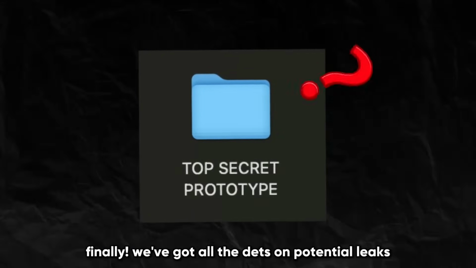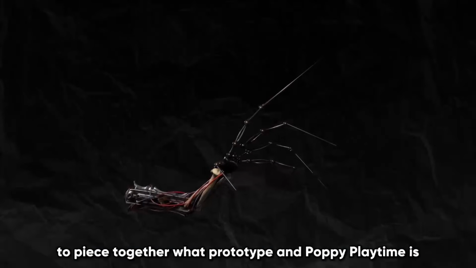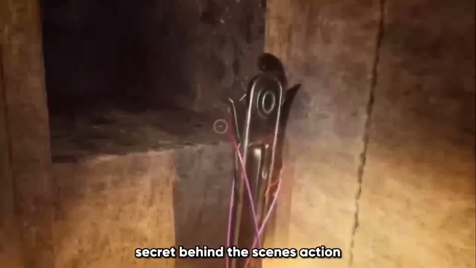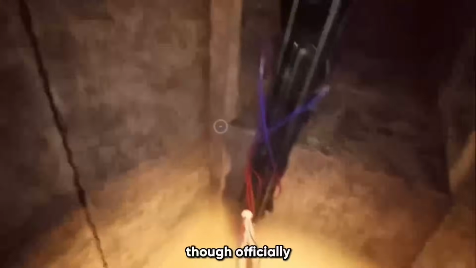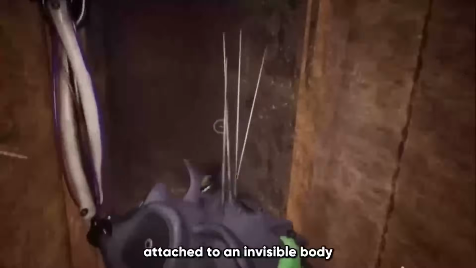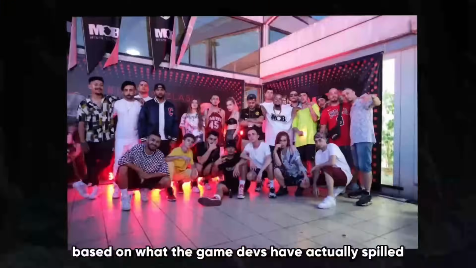Finally, we've got all the details on potential leaks to piece together what Prototype in Poppy Playtime is really supposed to look like. Starting with official messages from the game devs hinting at Prototype's secret behind-the-scenes action. Though officially, we've only seen Prototype as a claw attached to an invisible body. We can start piecing together what this body and all its parts look like based on what the game devs